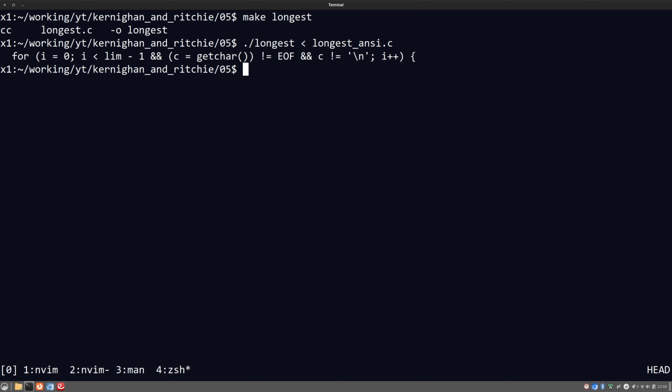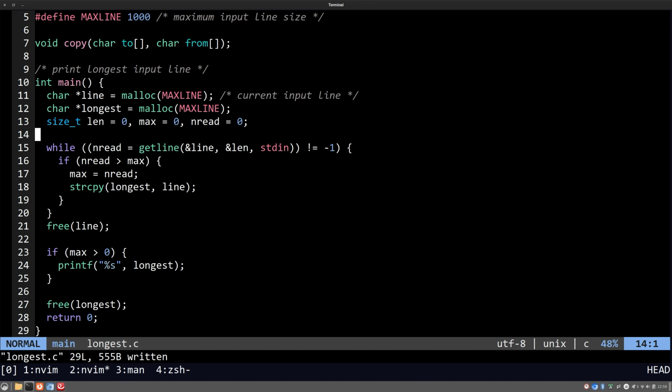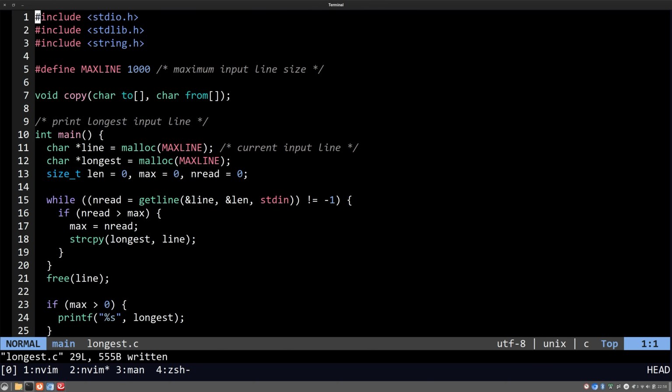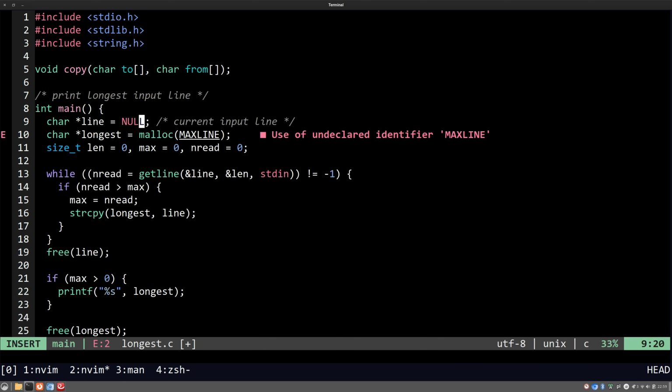And what if we say man getline and we pass it to longest? Yeah, I guess this is... do we even need to define this for now? So for example, if I say like this,